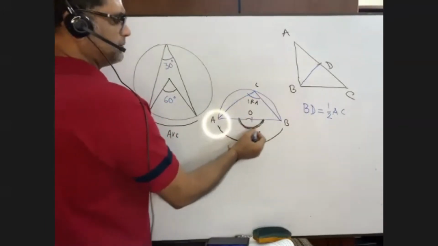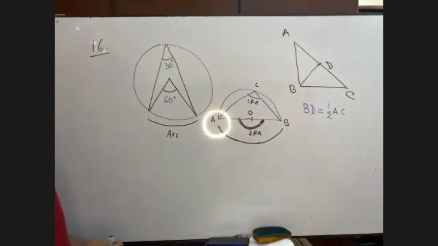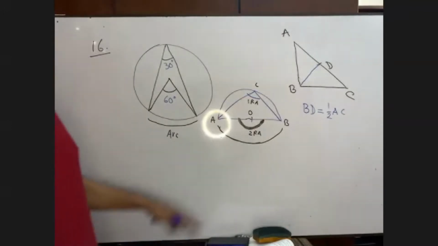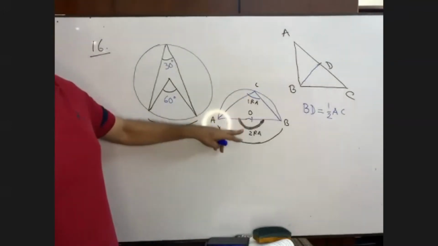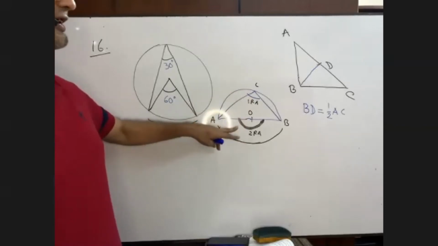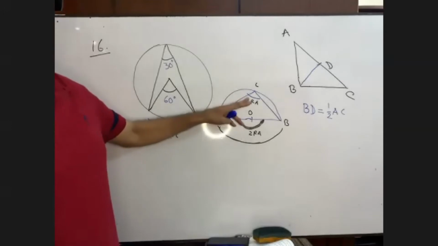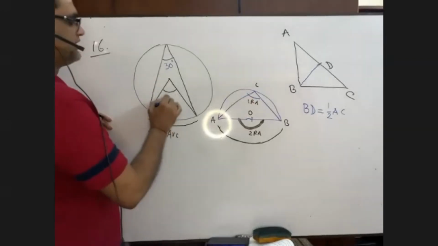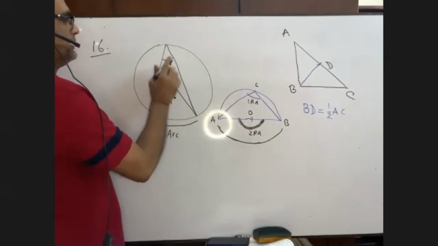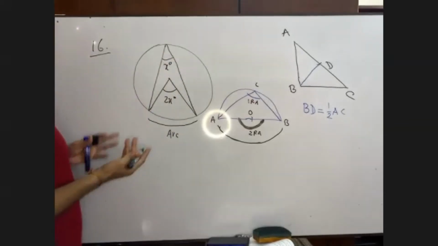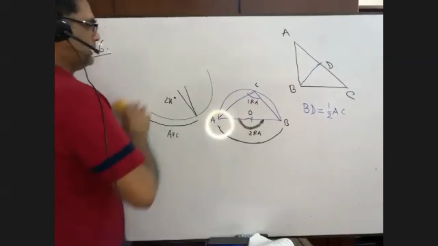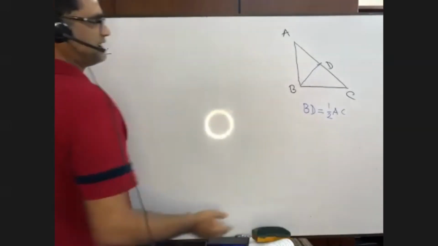It is a straight angle, definitely 180 degrees. So definitely the angle at the circumference will be half the angle at the center. The angle at the center is 2 right angles, so the angle at the circumference is half of that. It is a formula: if it is 60, it will be 30. That means if it is 2x degrees, then it will be x degrees. You understand? Depending on this, I have told you that the angle at the circumference is 90 degrees.